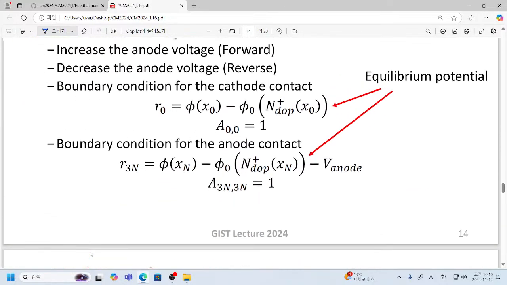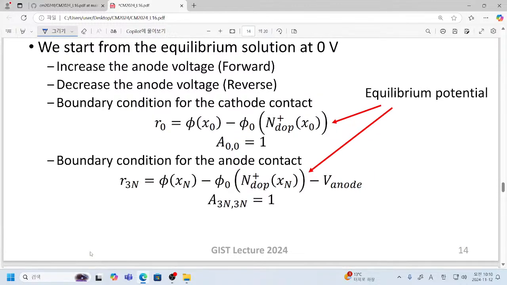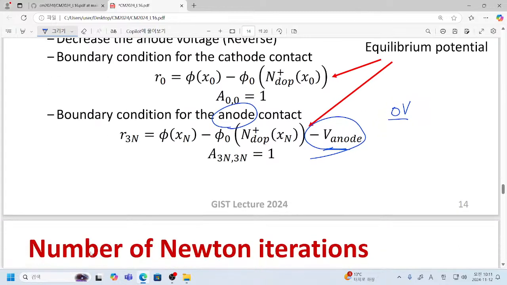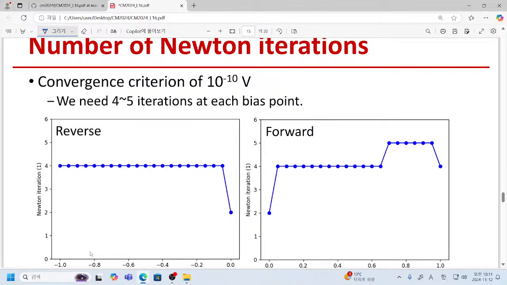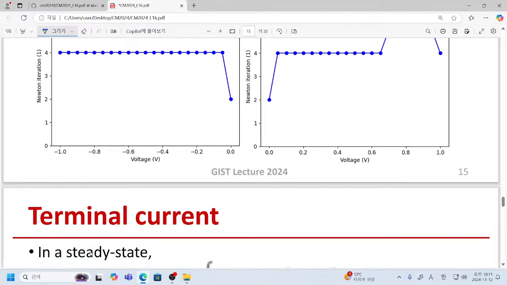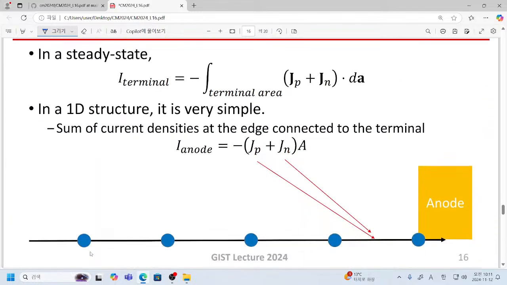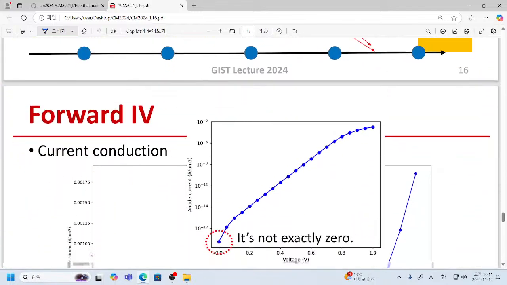In this case, the only difference is that the anode contact voltage is now changed. Previously, its applied voltage was just 0, but now you can increase this anode voltage. So, for example, by applying your Newton iteration, you can get the solution, and the answer will just look like